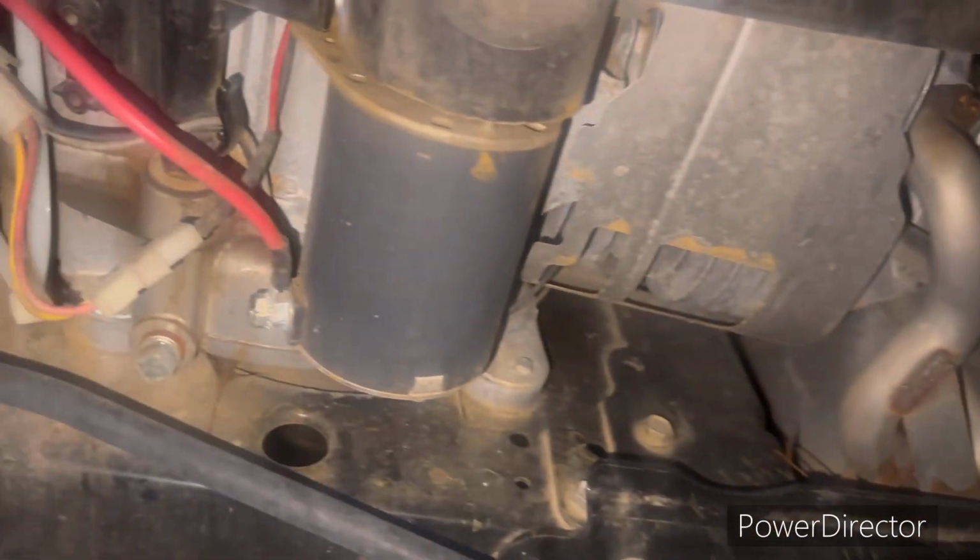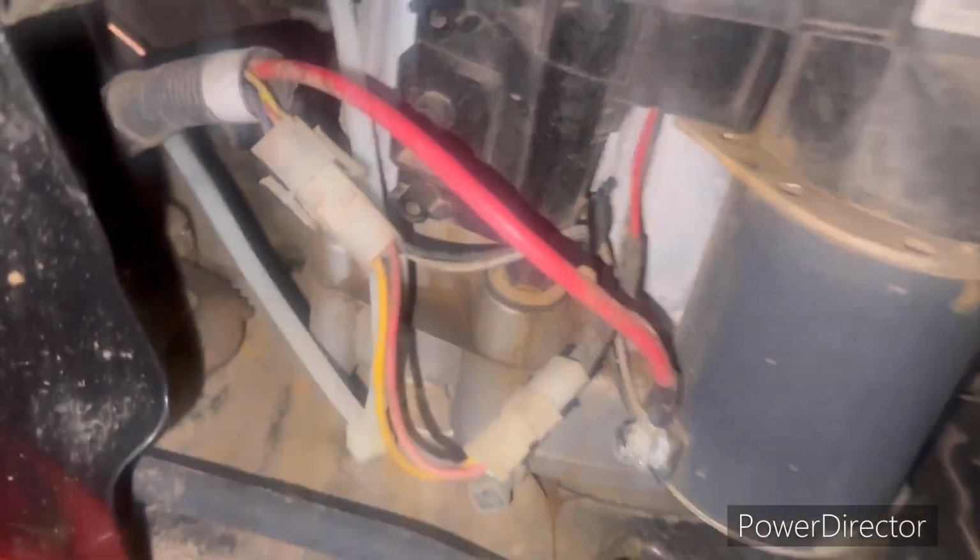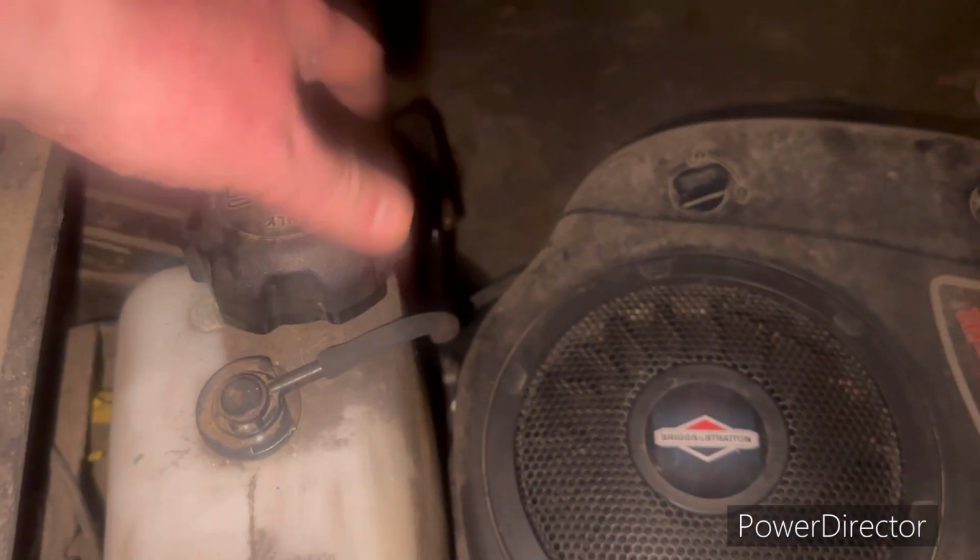He took good care of it. But it's really bugging me. I don't see it, because there's the drain cock right there. So I'm gonna remove this tomorrow completely,